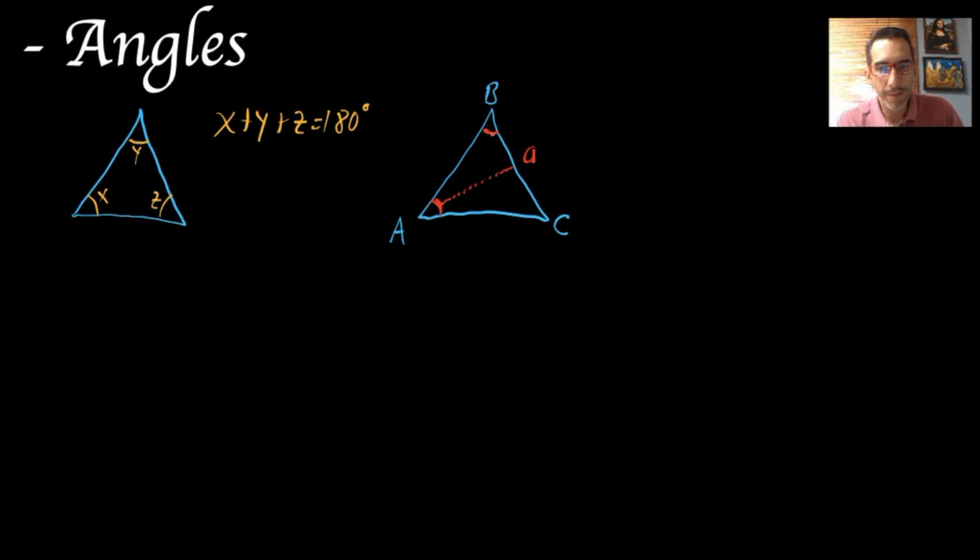This angle B is connected to this side here, so we're gonna call this lowercase b. And angle C here, the opposite side will be this one right here, so we're gonna call this one small c. There is always a direct relationship between the angles and the opposite sides, or vice versa, the sides and the opposite angles. Why is that important? For example,